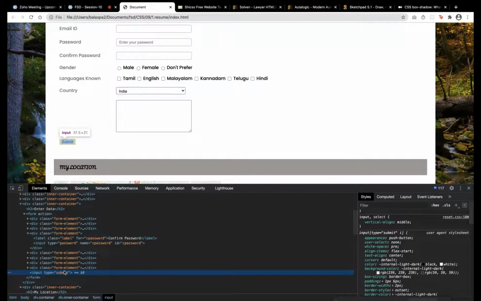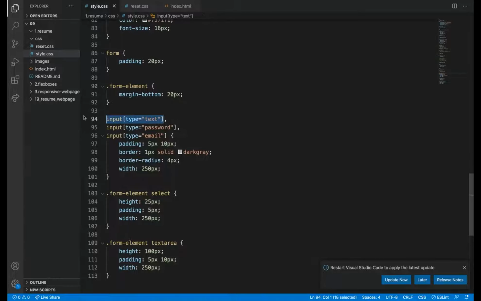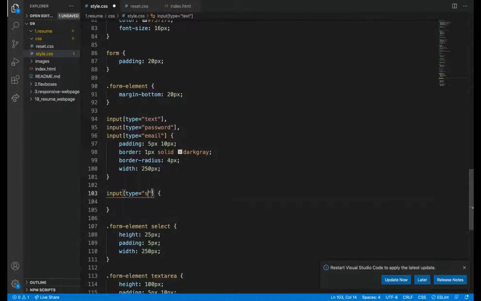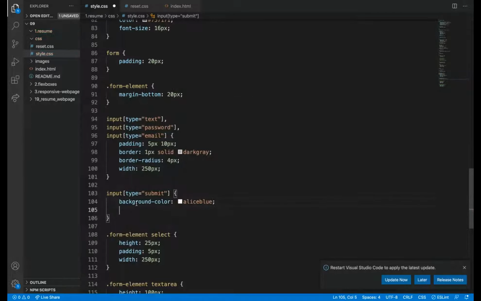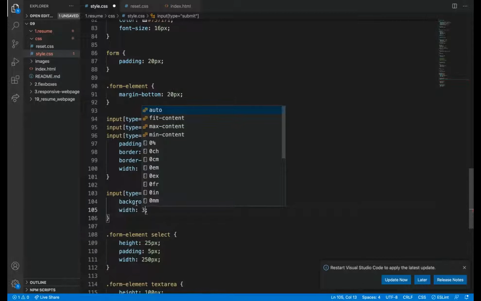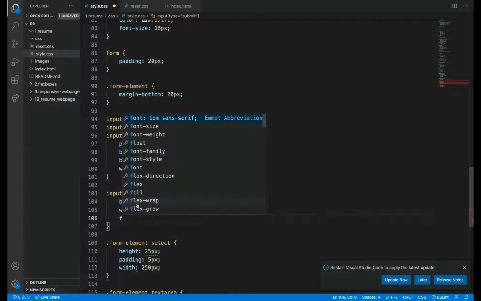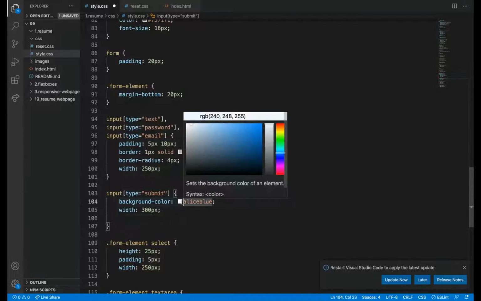Submit. To the submit button, I can add input of type submit. I can add background color, and then I can say width of 300 pixel, and choose some dark colors.